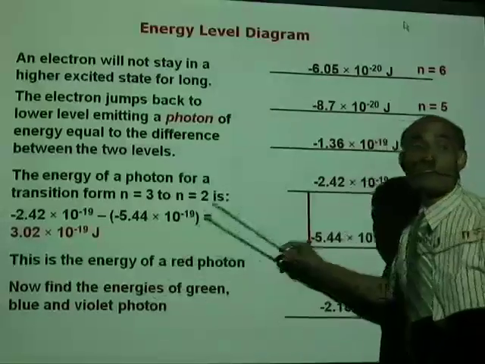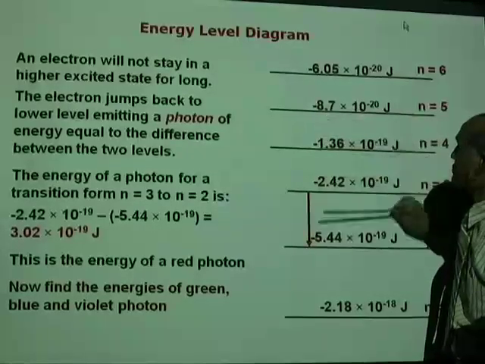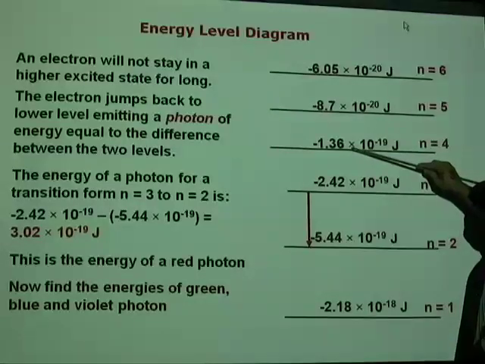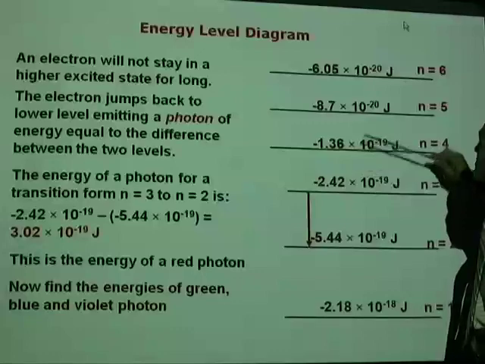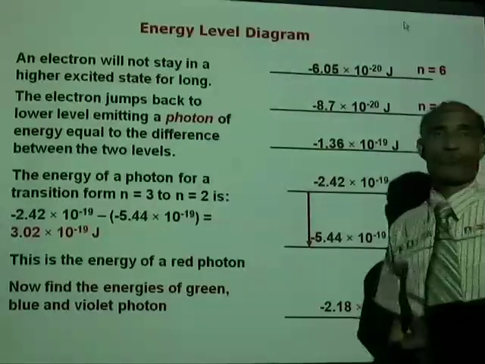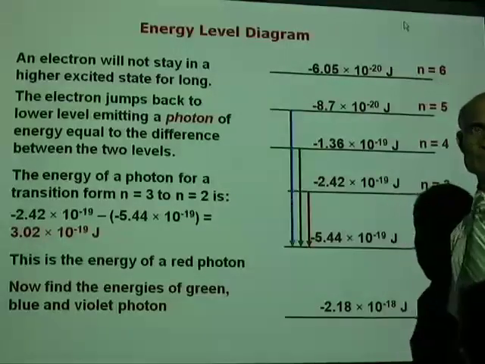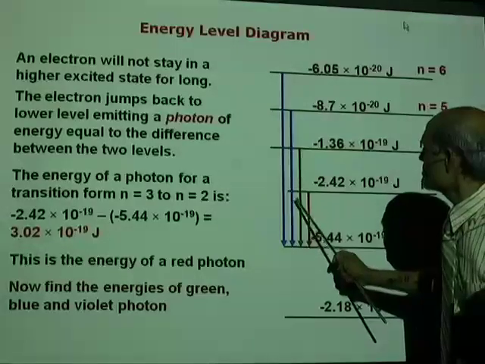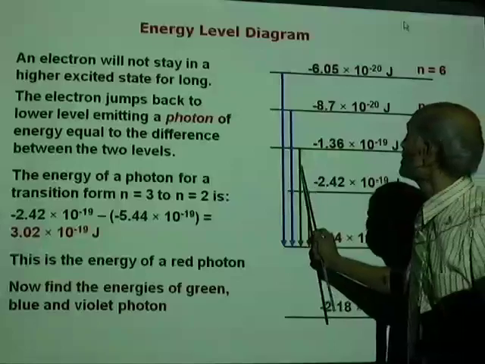Now I want you to find the energy of each of the other transitions. Can you do that? What is the energy of the photon when a transition takes place from n equal to 4 to n equal to 2, n equal to 5 to n equal to 2, and so on? Do that on your own. There you are. There is a green photon, a blue photon, and a purple or a violet photon. Find the energy of